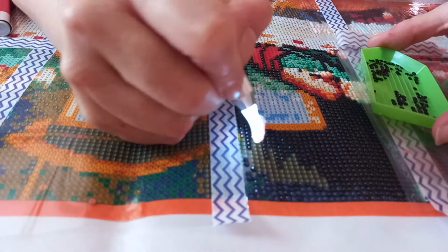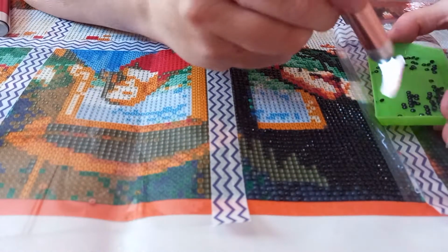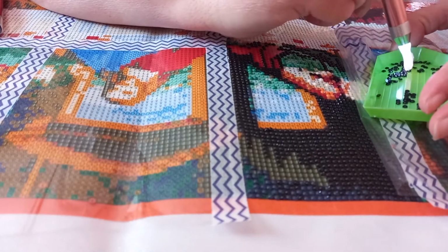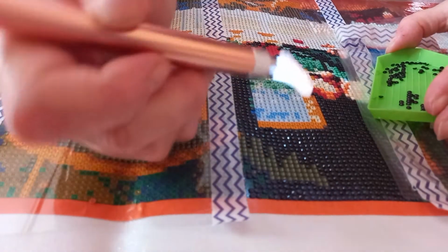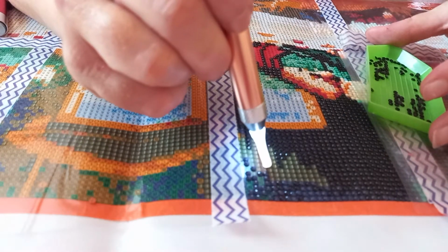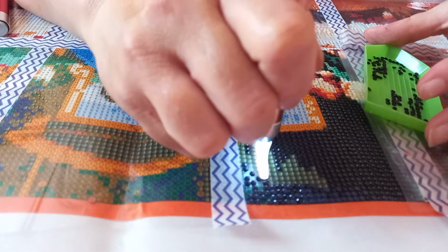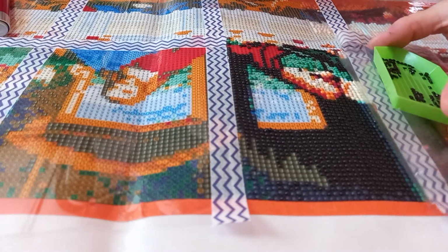What is going on here with this side? See, I'm just not a fan of multi-placers. I'm really not. They're good if you've got a lot of one colour and you just want to get them all down. But yeah,